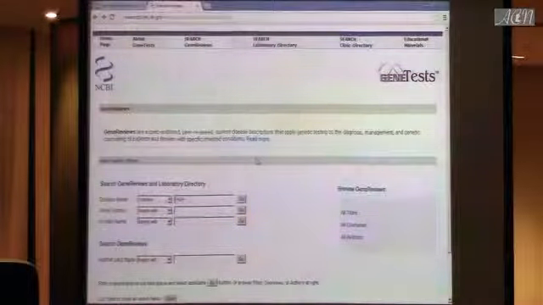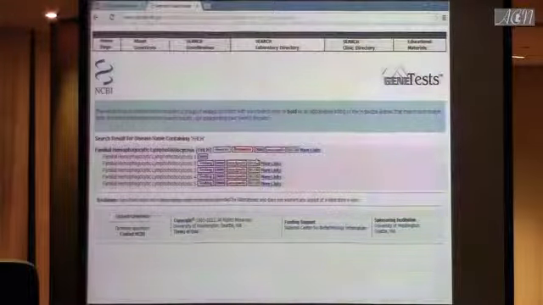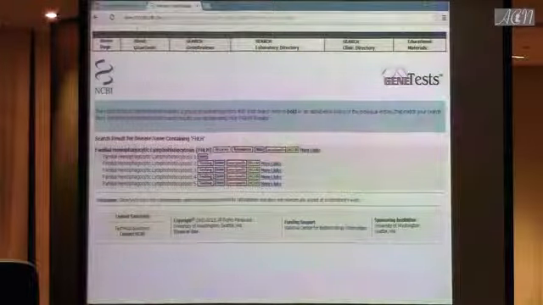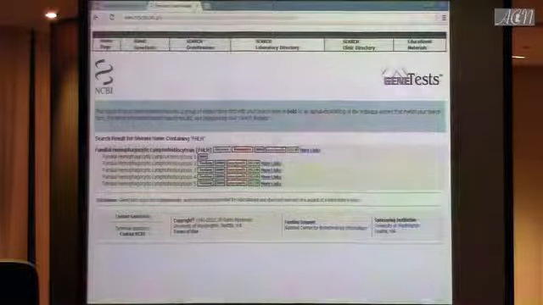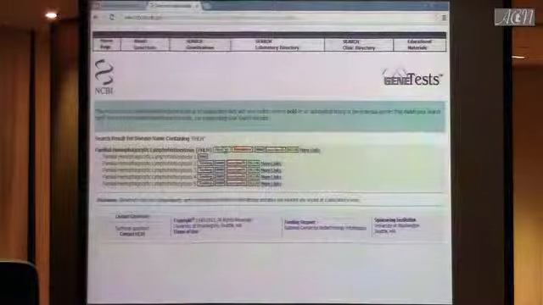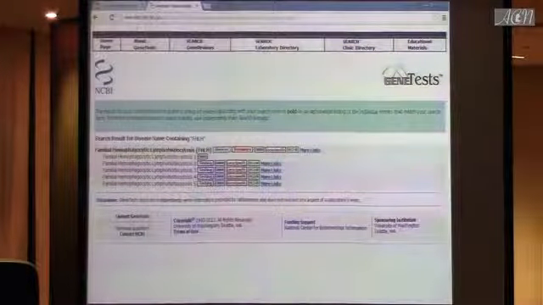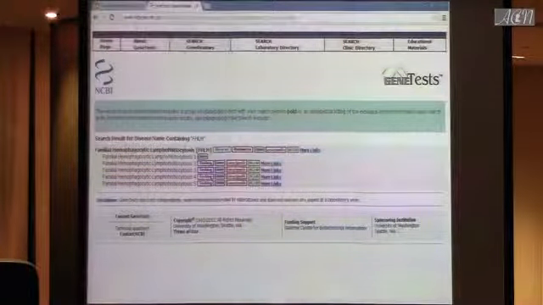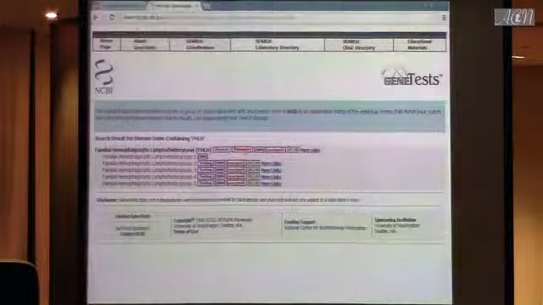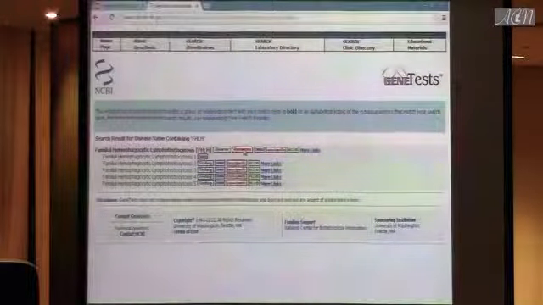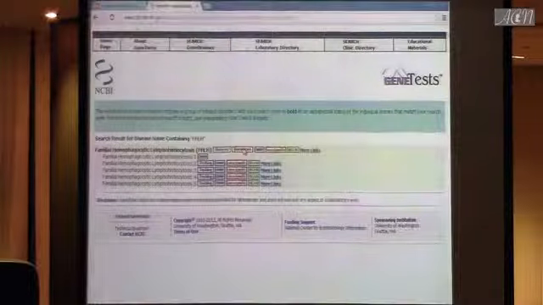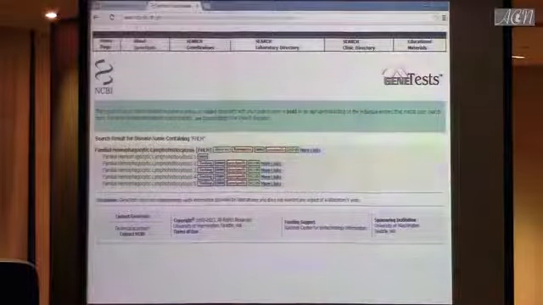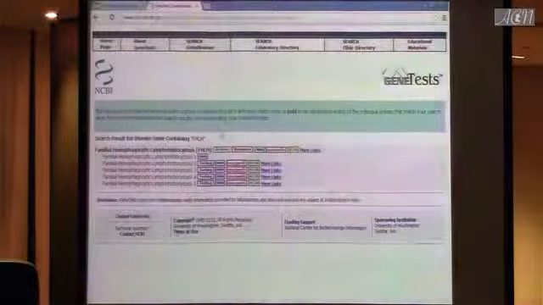And you push go, and this website will give you a free review about this disease. The most up-to-date information, free. That is lovely. It also will give you all the resources on the internet regarding this disease. And what is even more lovely, if you want to do testing, you can push testing, and they will